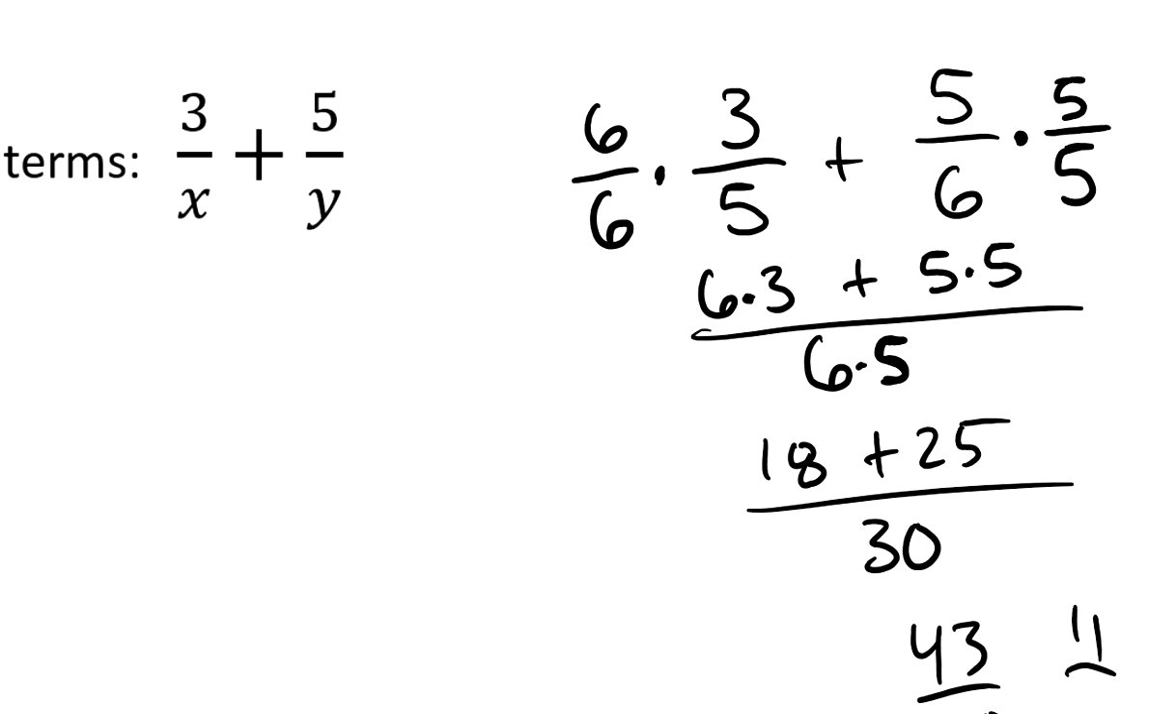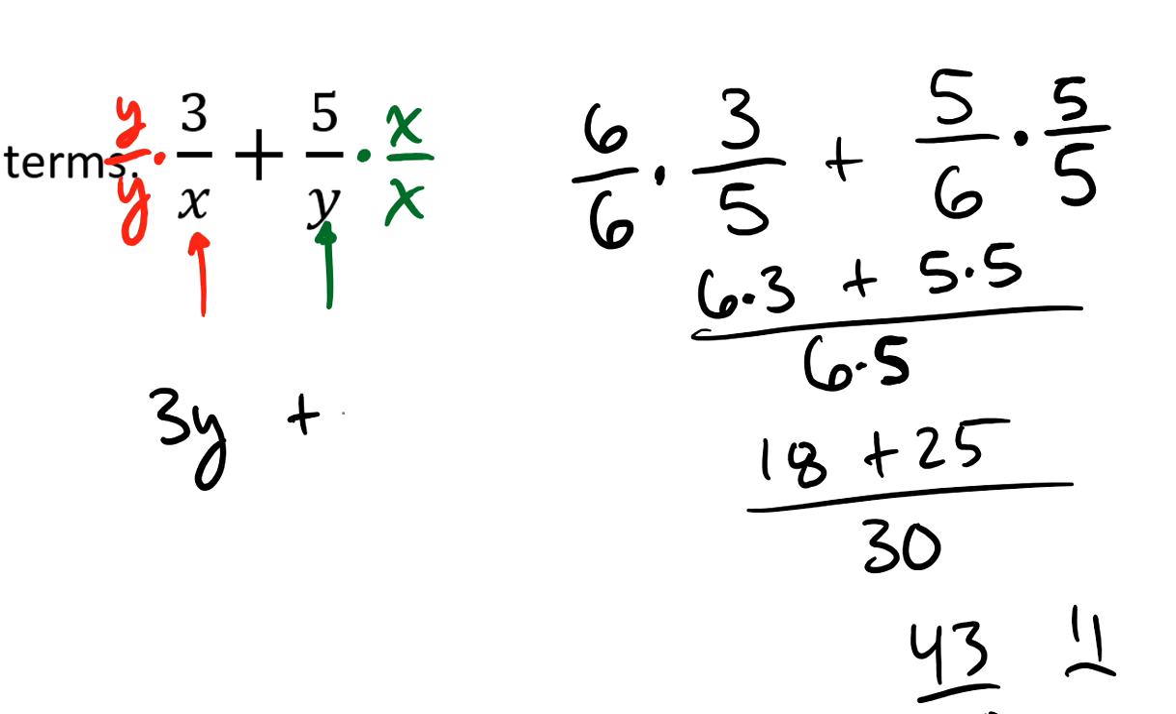Well, I'm going to follow the exact same pattern, right? This fraction, this denominator needs a factor of y. So I'm going to multiply it by a y over y. This denominator, right, needs a factor of x. So I'm going to multiply this fraction by x over x. So if I look at it now, right, my numerators are 3y plus 5x, and they share a common denominator